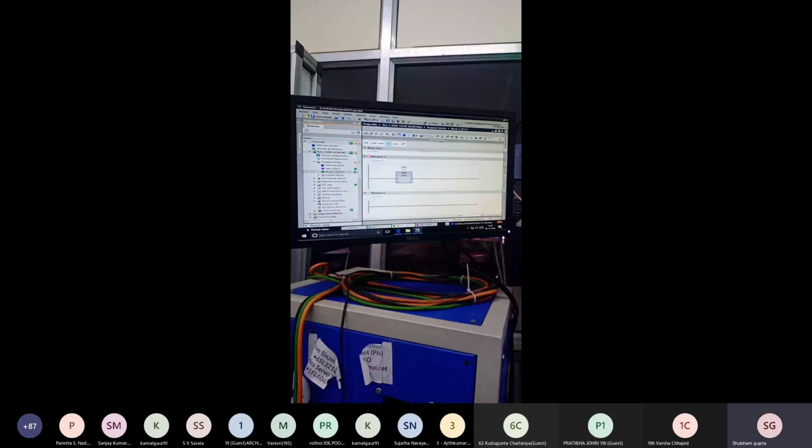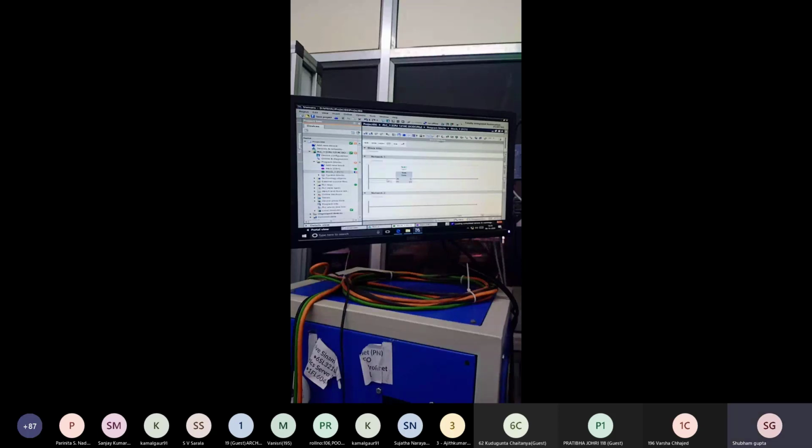This is the address of the timer. Okay? It is the PT, meaning how much time you want, 5 seconds. Use 5 seconds for the timer.